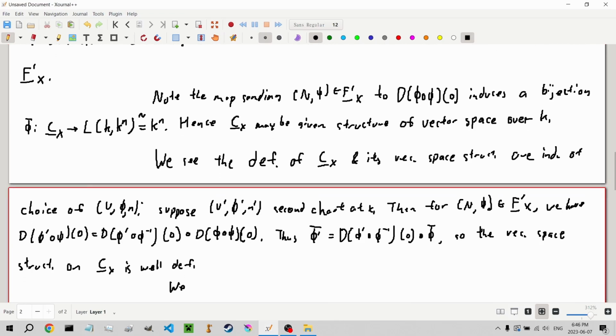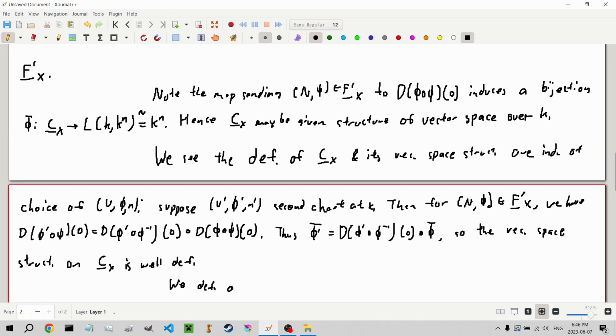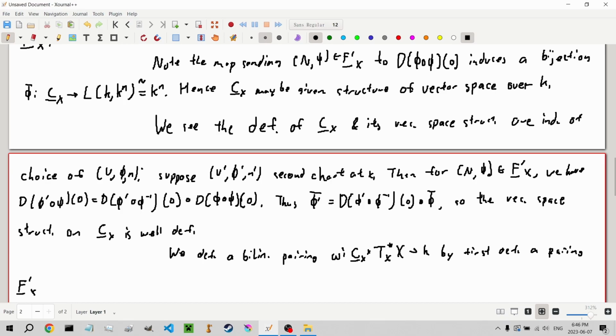We now define a bilinear pairing, I guess we're calling it omega, from C underline of X times the cotangent space at X of X to K, by first defining a pairing of f prime underline of X prime, f underline prime of X times f prime of X, f underline of X to X, which is sending n with its phi in f prime underline of X